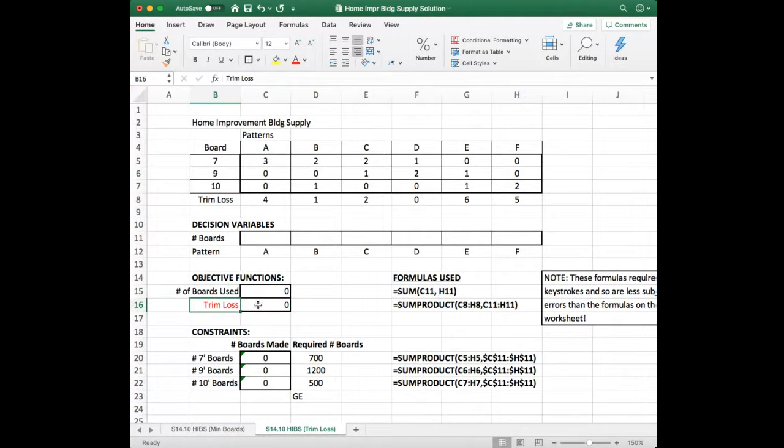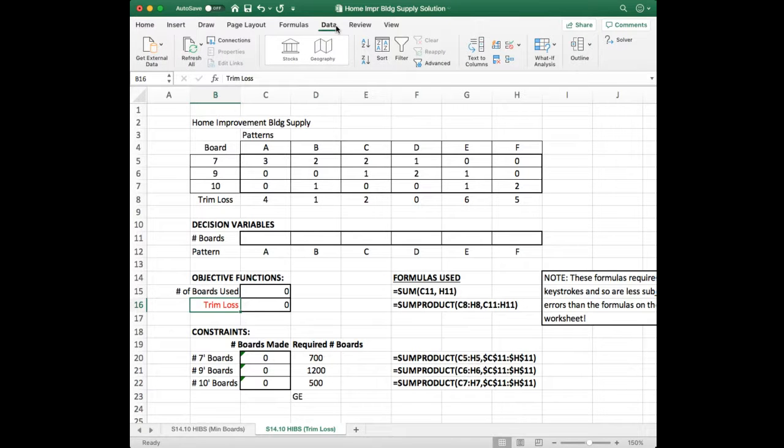And to do that, once you go to Solver, the only thing that you're going to do differently now, if you've got these all entered correctly, which you have, is to go into Solver and then change the objective function location from the number of boards used cell to the trim loss cell. Once you do that, you just close, or excuse me, don't close. Since everything is there correctly, you hit solve,